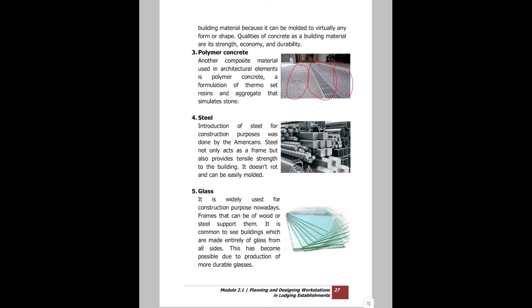Next one is steel. So, introduction of steel for construction purposes was done by the Americans. Steel not only acts as a frame but also provides tensile strength to the building. So, isa rin siya sa mga talagang matibay na materials na ginagamit sa building. It doesn't rot and can be easily molded. So, hindi siya basta-basta kinakalawang, nasisira. At sabi nga natin dyan sa picture, kung nakikita nyo, so lahat sila pwedeng ma-mold into the desired shape na